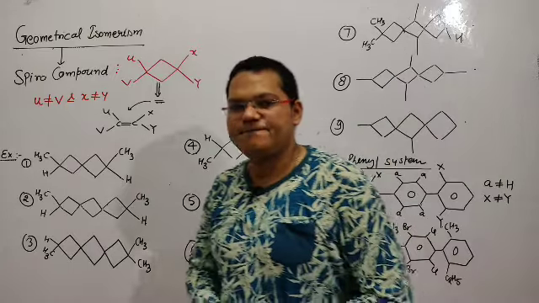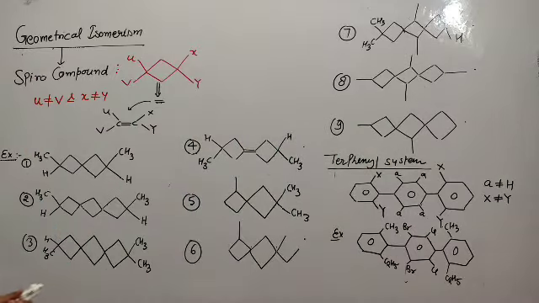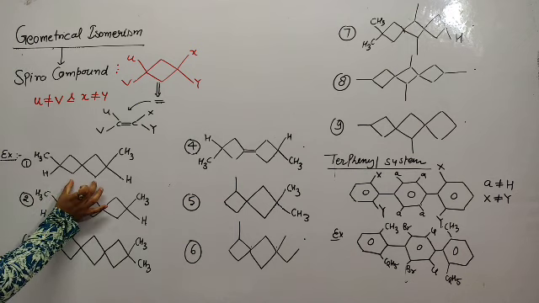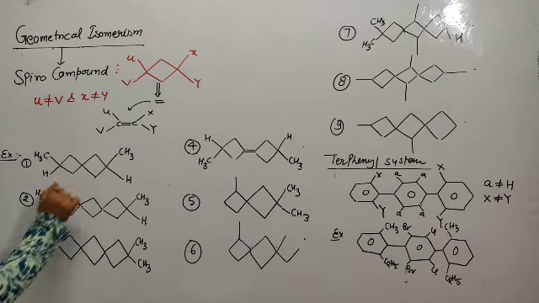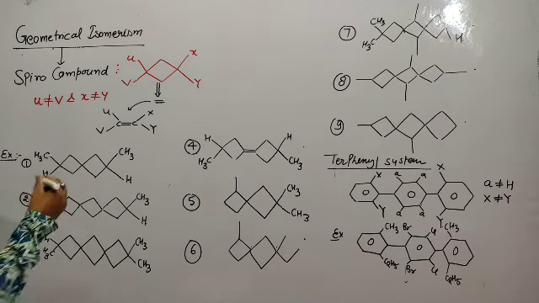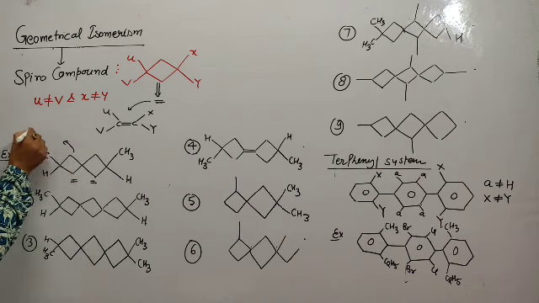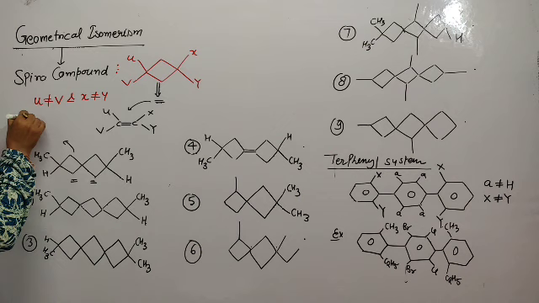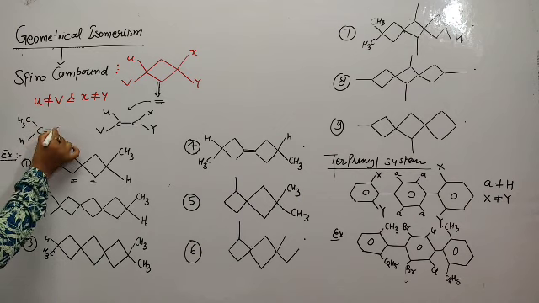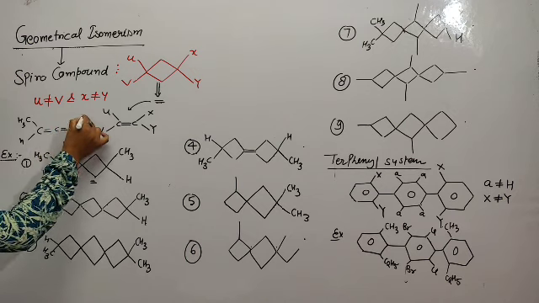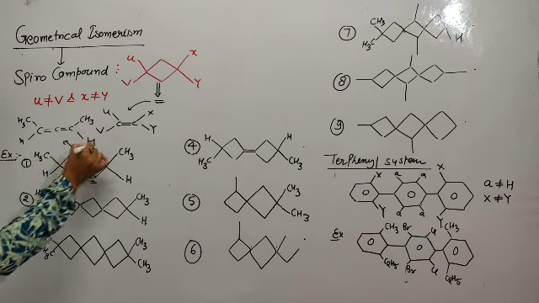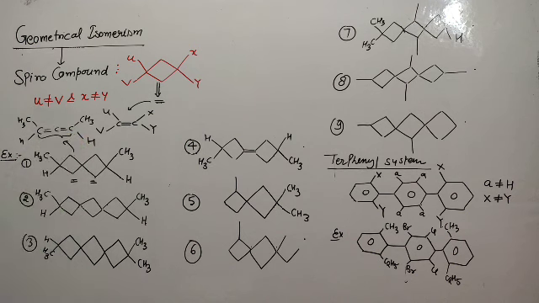Say for example, very easily, example number 1. Here these two rings are treated as a double bond and a double bond. So here two rings means double bond and double bond. So what do you write here? You write CH3 and here H, double bond, C double bond C, and here CH3 and here H. So this is an even number. Okay, and with an even number, there is no geometrical isomerism.